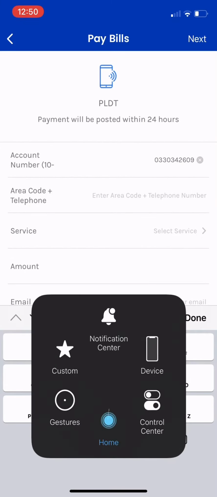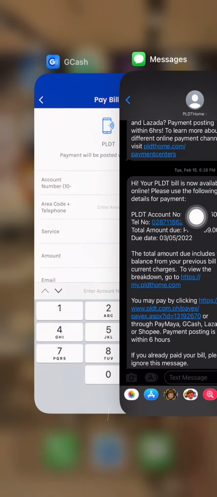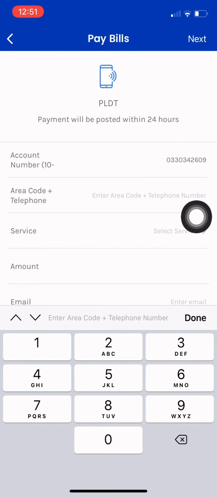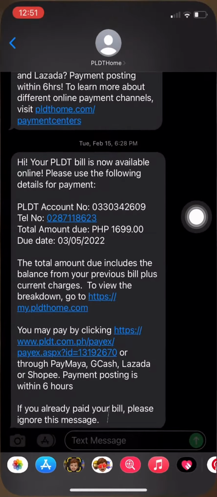Next is your telephone number. Same as you input your account number. Double check if the number